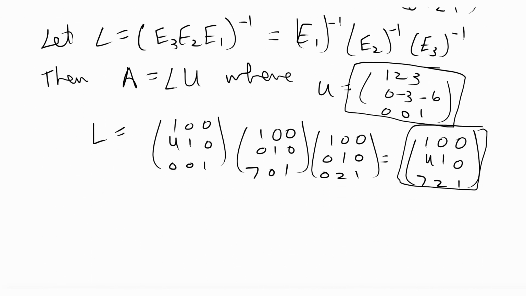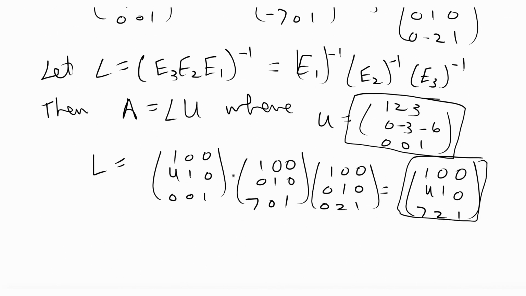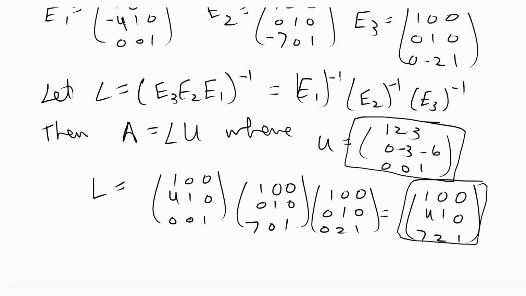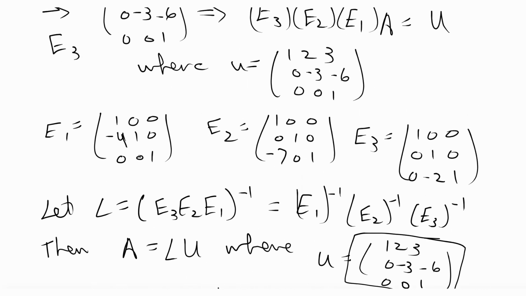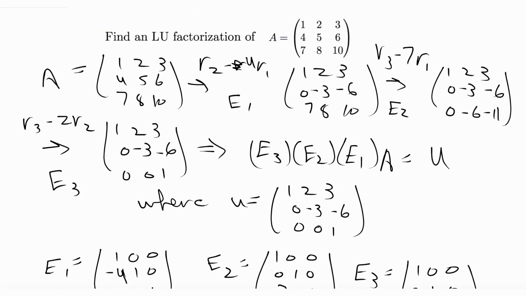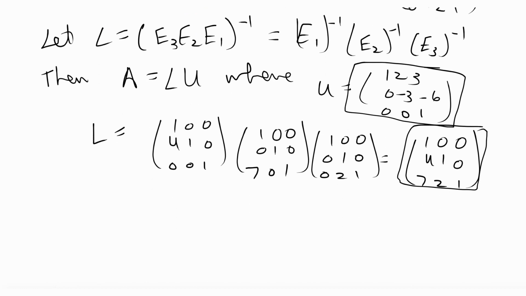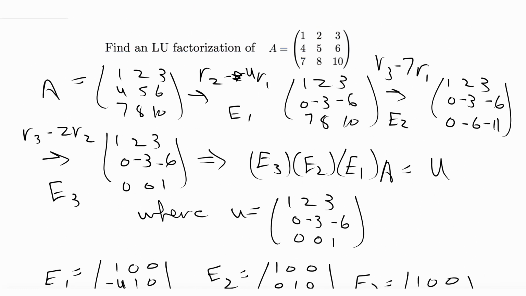And there are a lot of steps that I did skip, so I glossed over how you do the inverses, but maybe I'll make a video on that separately. And I also didn't go over how you find the elementary matrices. I'm assuming that you guys know how to do that, but that is the idea for basic LU factorization. I think I will make a video about LUP factorization in the future, but for now